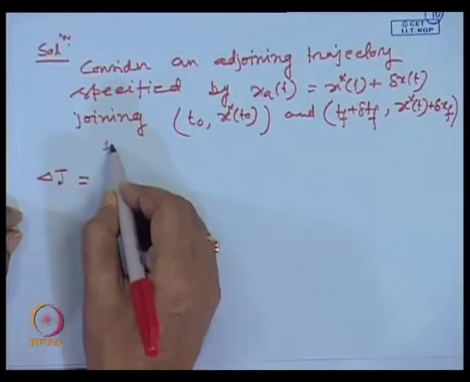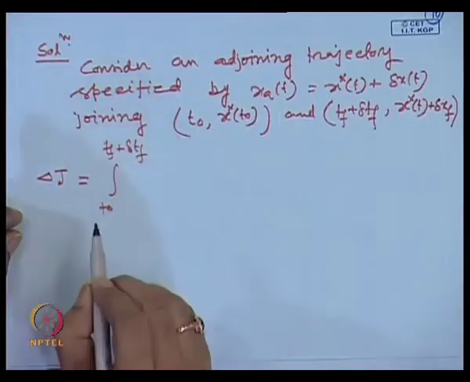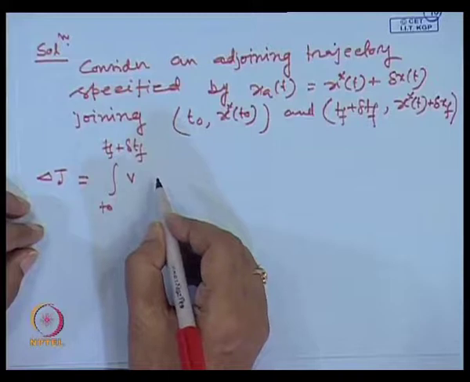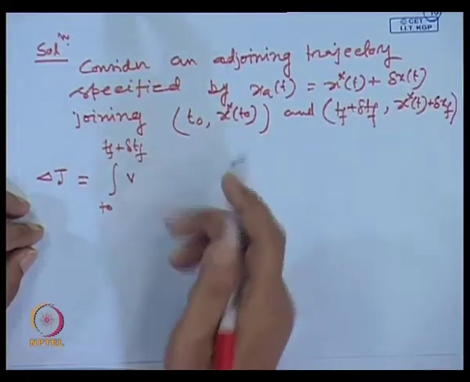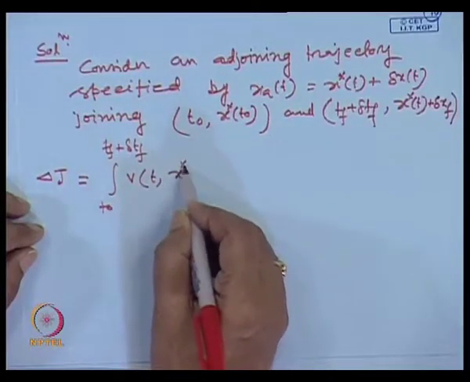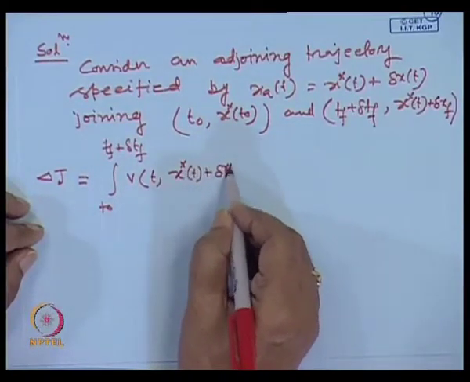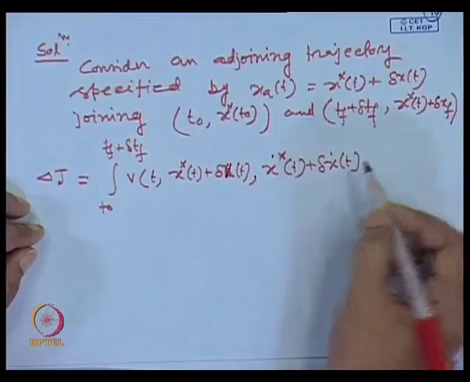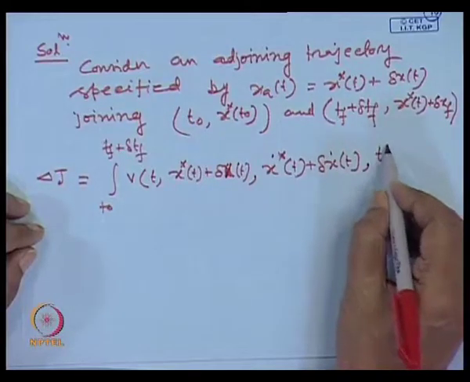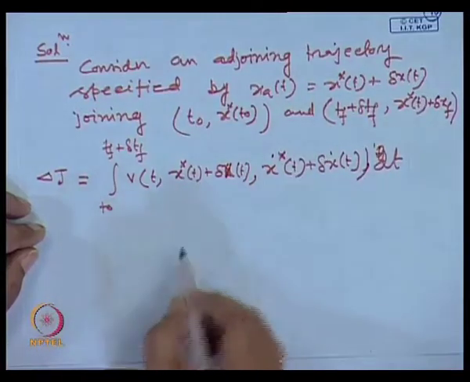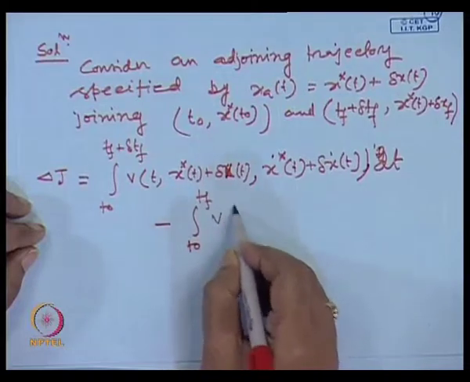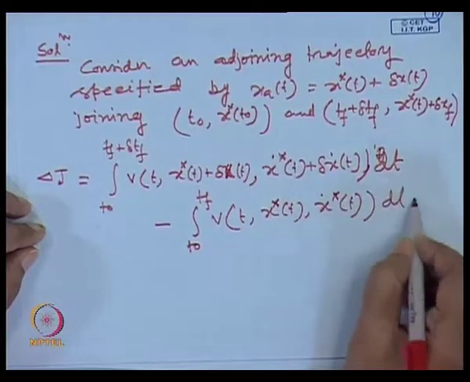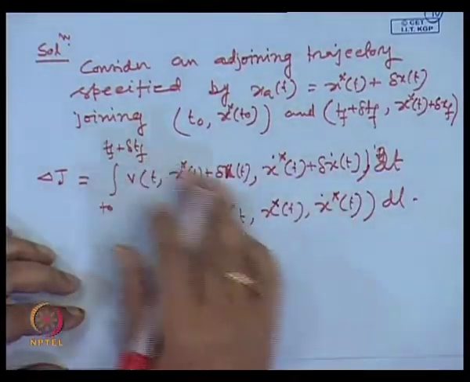So, it is t0 to Tf plus delta Tf. If you see that, this is the delta Tf, and our functional value is along what is called adjacent trajectories, that means x(t) = x*(t) + δx(t), x dot*(t) + δx dot(t), again into time, this is the function of time we have already written, dt, minus the integral from t0 to Tf of V(t, x*(t), x dot*(t)) dt. So, this is the incremental value of the functional, and it has two parts,